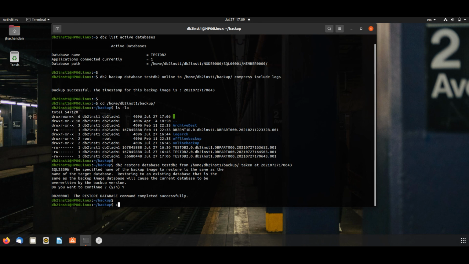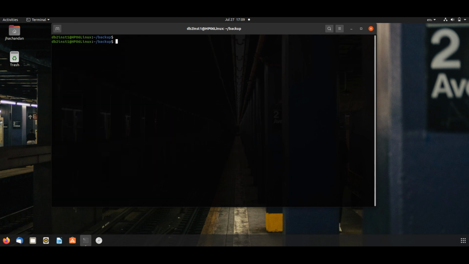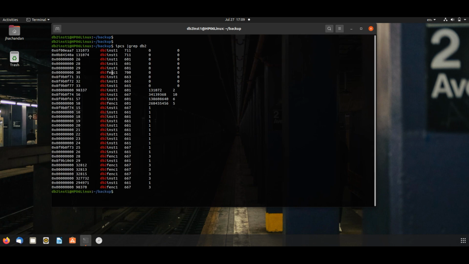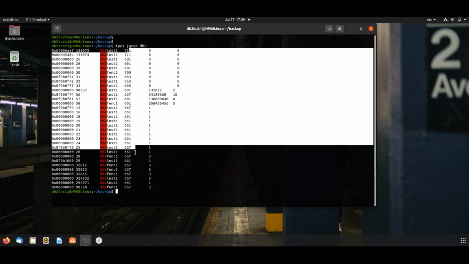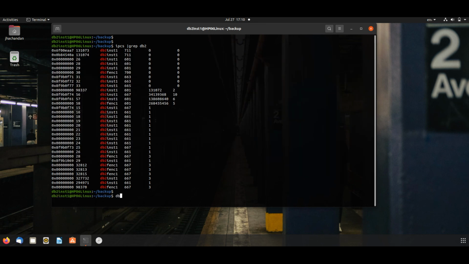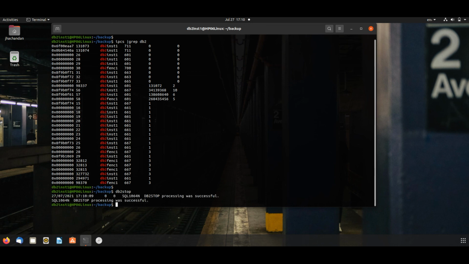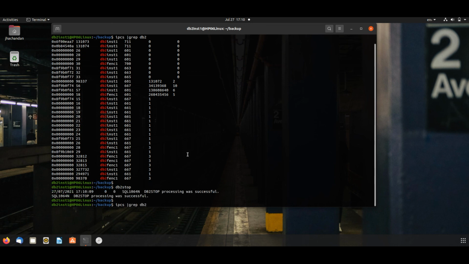Moving on to the next command: how to check processes in memory after a db2 stop. By issuing this command, ipcs | grep db2, it will show all the db2 processes which are already in memory. Stop the database, db2 stop force, and now initiate this command.